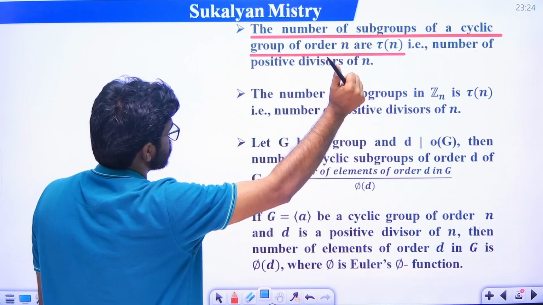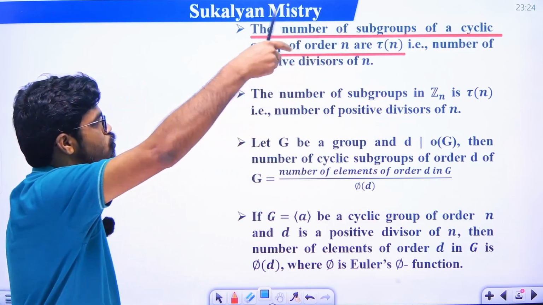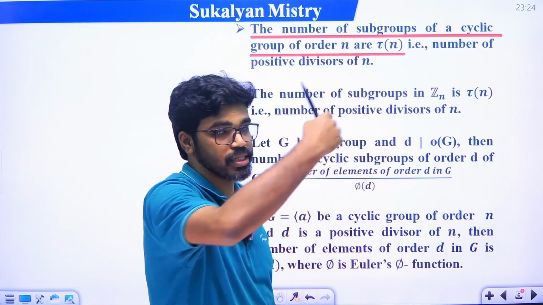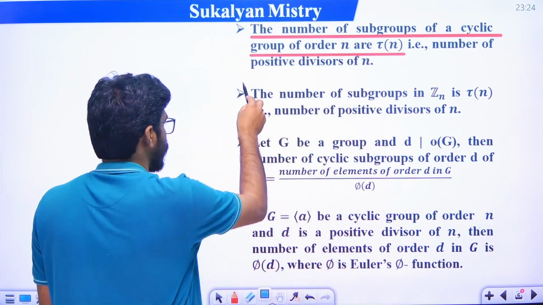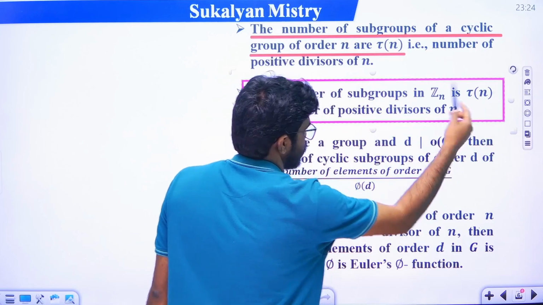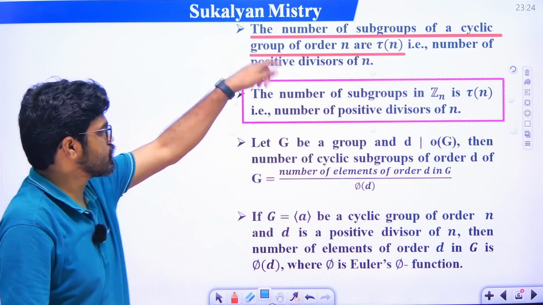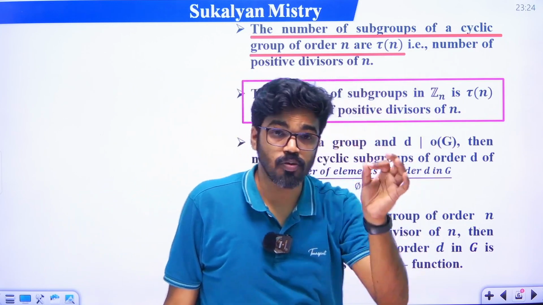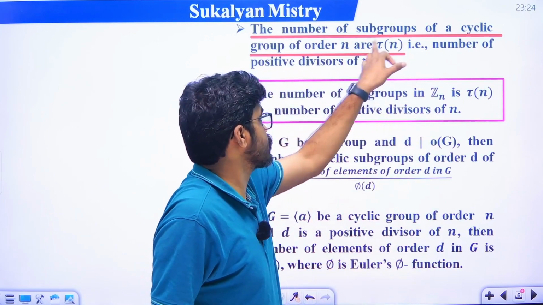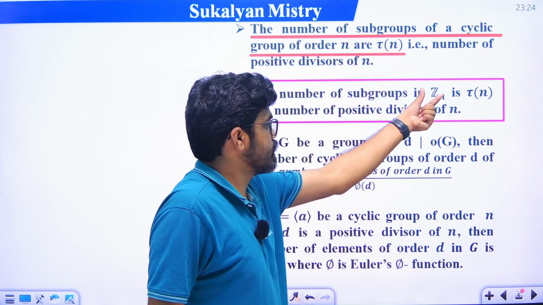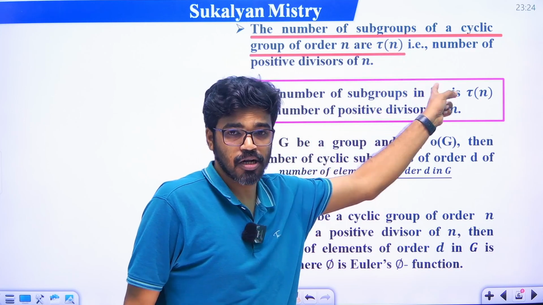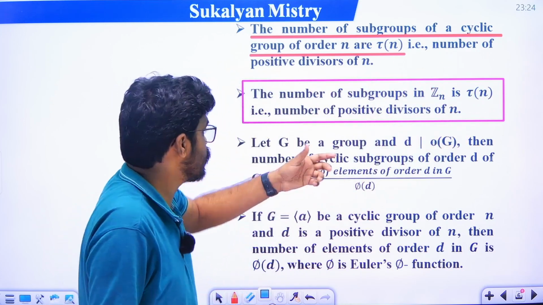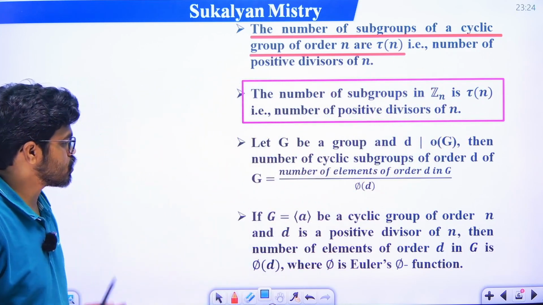Okay, next one is this, the number of subgroups of a cyclic group of order n is tau n. What is tau n? That is number of positive divisors. The number of subgroups of Zn, that is tau n. Why? That these two are similar. Zn is a cyclic group, right? So the number of subgroups of a cyclic group of order n is tau n. What is the order of Zn? Order of Zn is n. So the number of subgroups of Zn will be tau n. What is tau n? Tau n is the number of positive divisors of n. Okay,